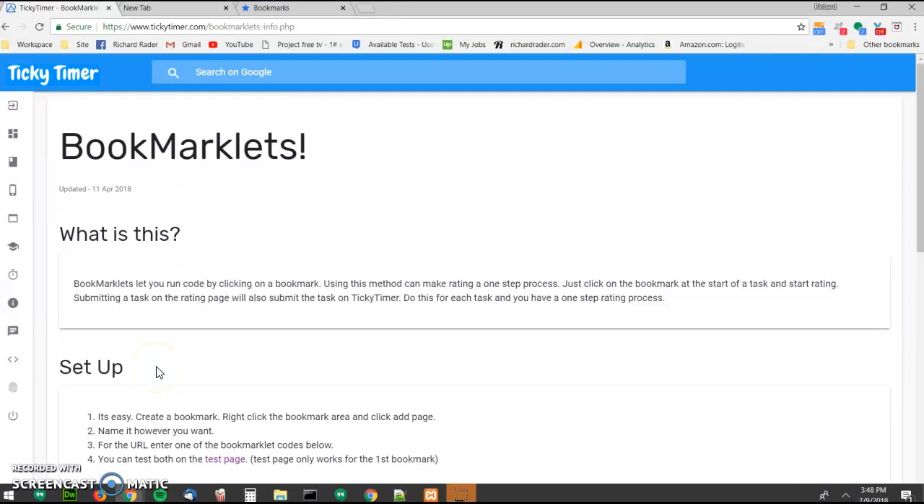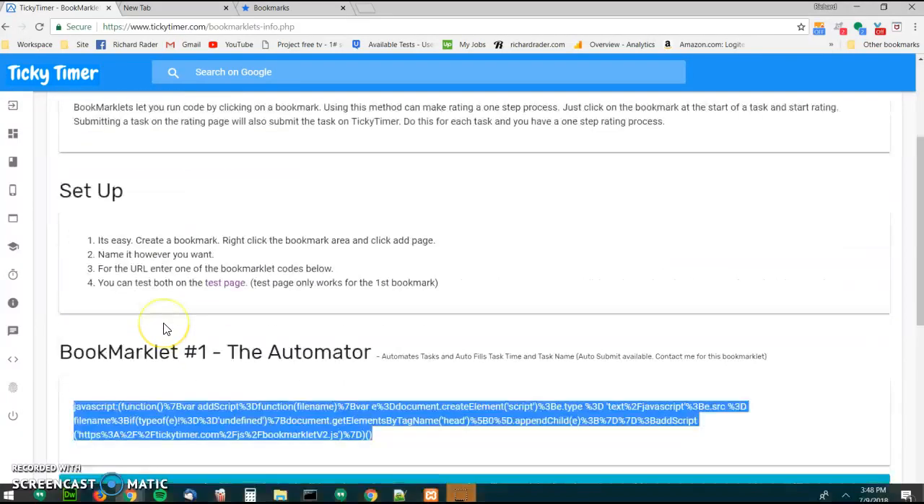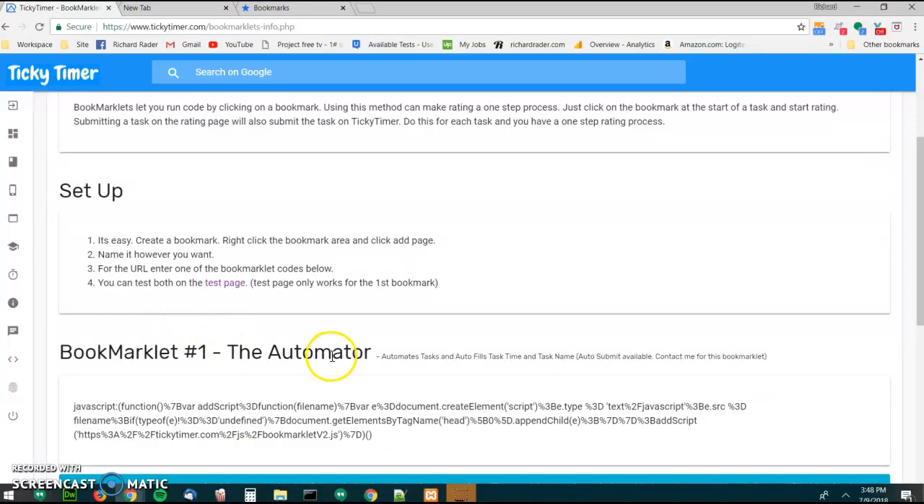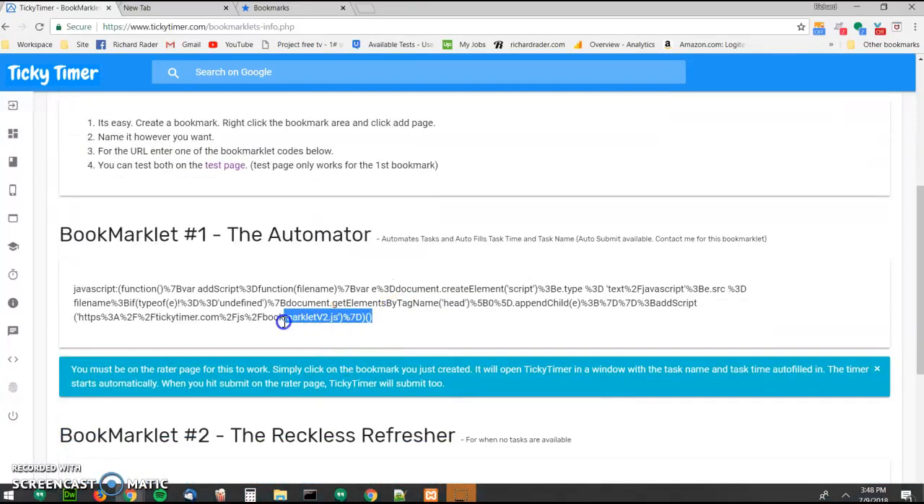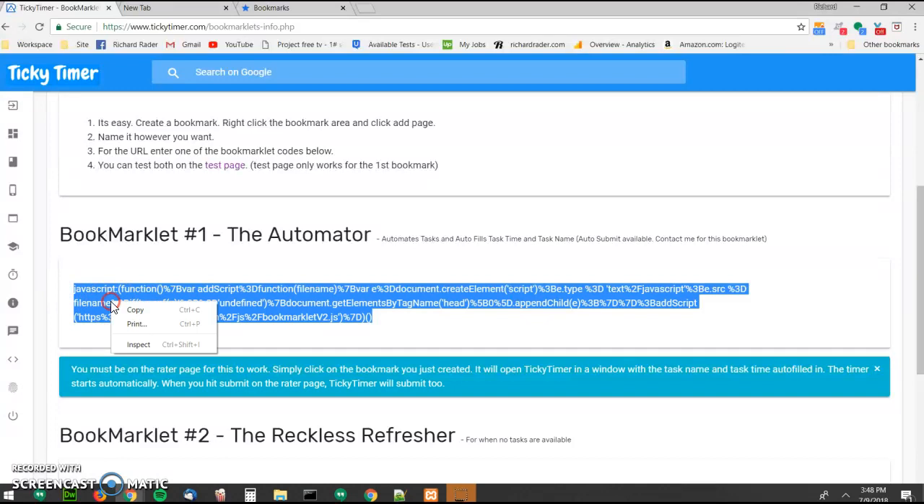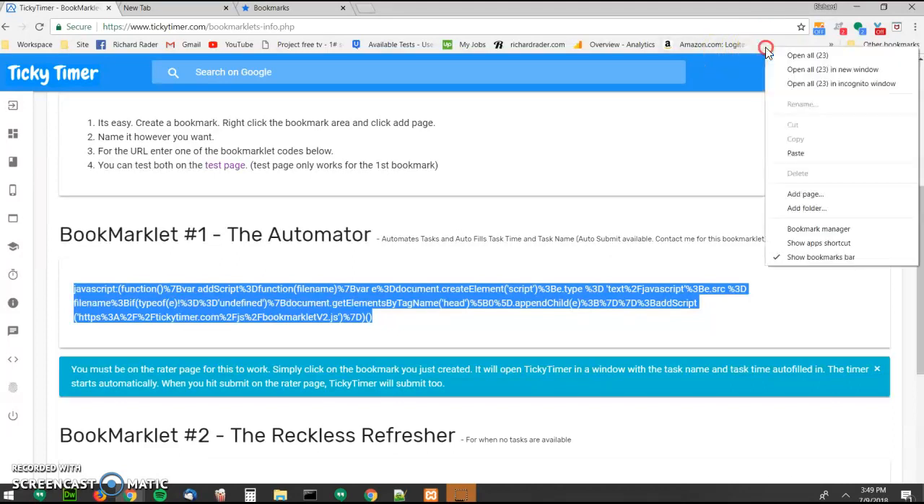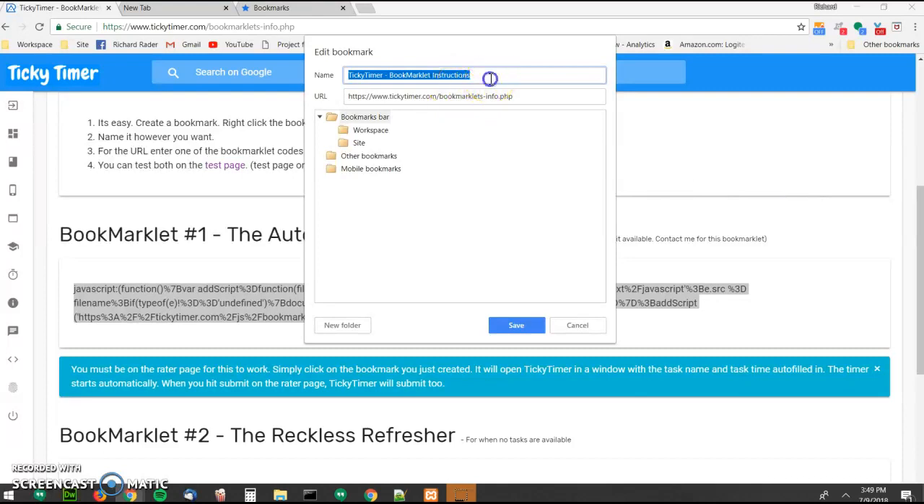Alright, so I'm going to show you how to set up the Bookmarklet. It's very simple. It looks more complicated than it is, but what you're going to do is go ahead and copy the Bookmarklet code. Then you're going to go up here on the Bookmarklet bar, and you're going to right-click it, say Add Page,